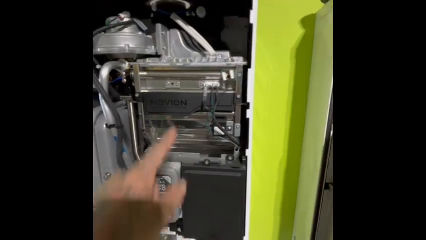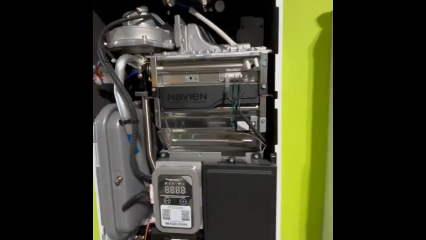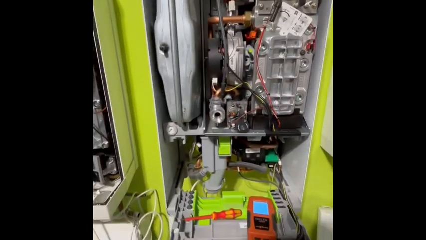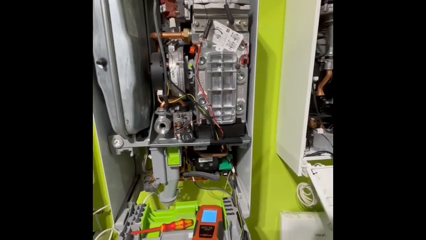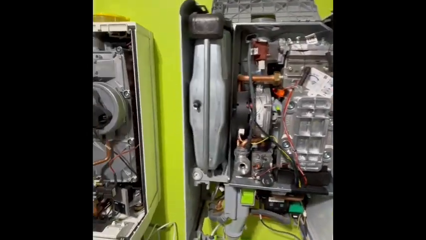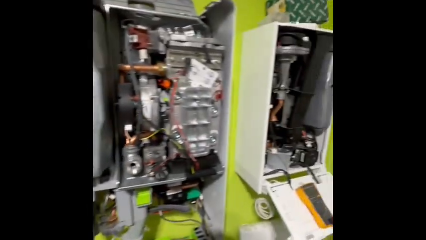Navion over there. On the front there we can see the same process applies to every single boiler. You're always going to need the same components for that boiler to work. You're just working through at what point is this boiler failing. So a lot of the boilers on the market, you can just take them apart and put them back together